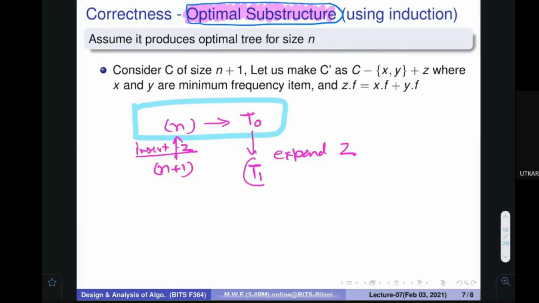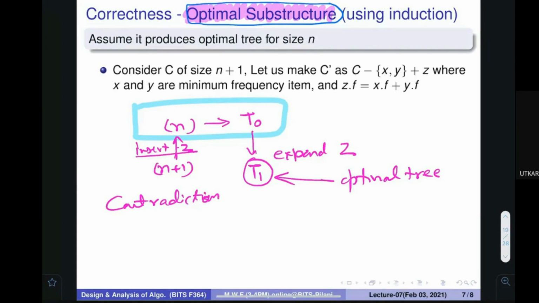Now I am telling that this tree which I expanded is an optimal tree. You can say, where is the proof that this is an optimal tree? Okay, so I would do it by contradiction. What do I mean?